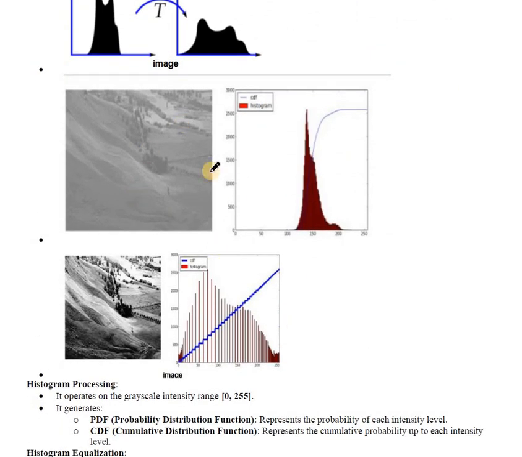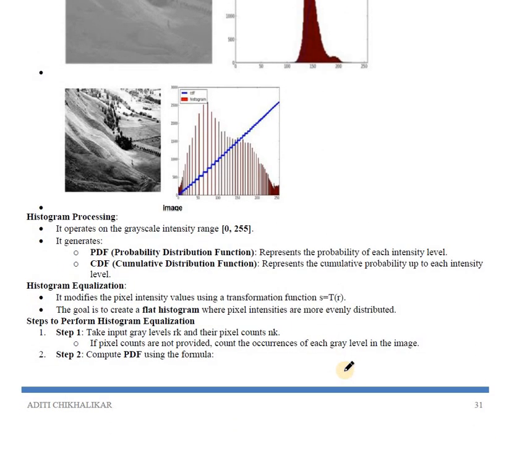You can see in this image, the image was very dull because the histogram was concentrated only in a certain range. I equalized the histogram, increased its range, the histogram is more balanced now and you can see how small details are visible. So what is the procedure for histogram equalization? Very first, you take the input gray levels RK and you count the number of pixels for the gray level RK. So you get NK, that is the number of pixels for every gray level RK. Remember, RK is your input gray level.